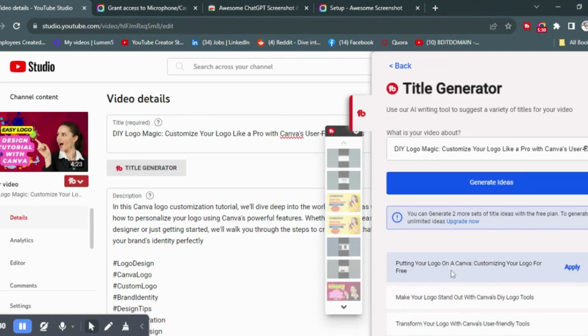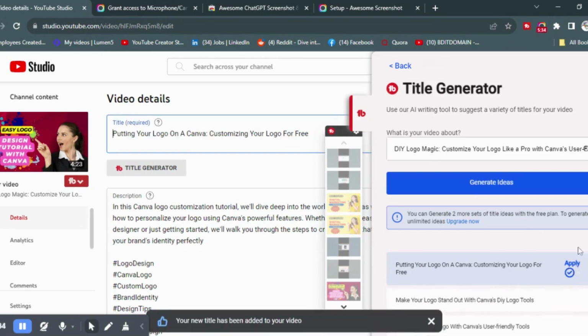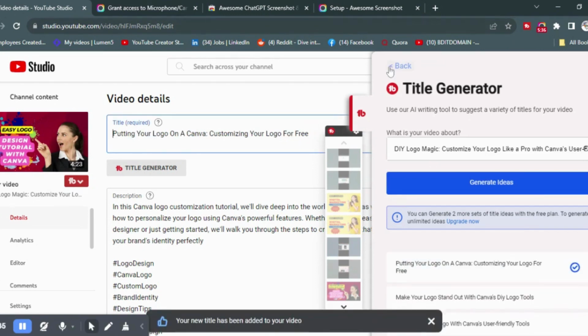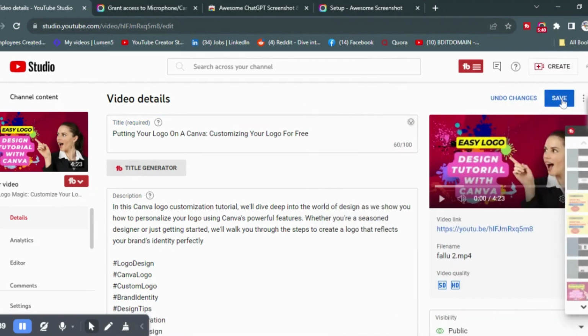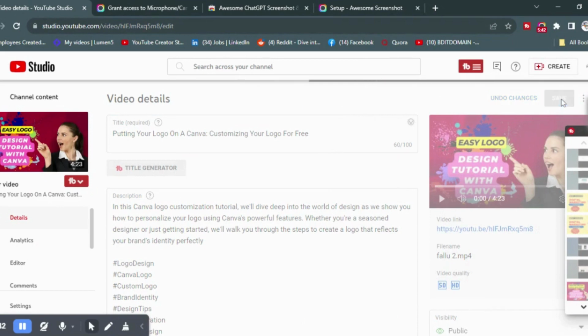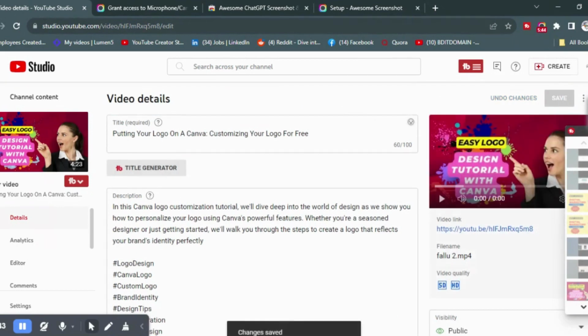So I am adding this one. Okay, and now click on back and save it. To see the magic and the result that our SEO ranking has already increased,